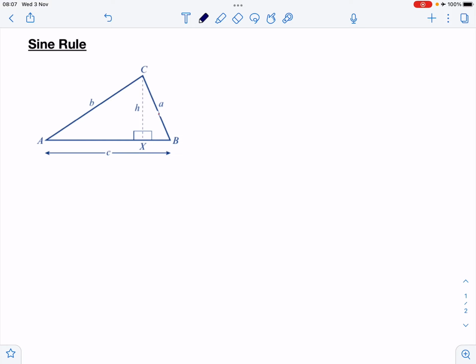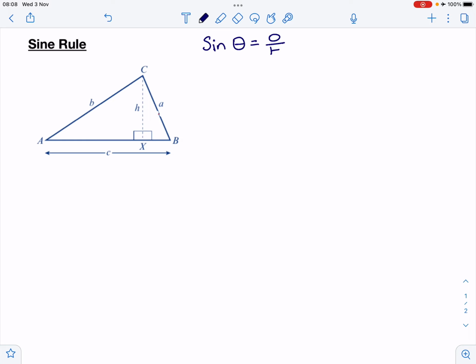Hello everyone, today we're going to look at how to prove the sine rule. In order to prove the sine rule, we need to consider our trig ratios. If you can remember the trig ratios, that's SOHCAHTOA, which is sin theta equals